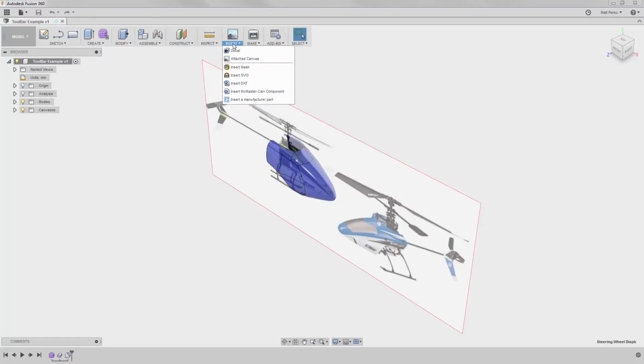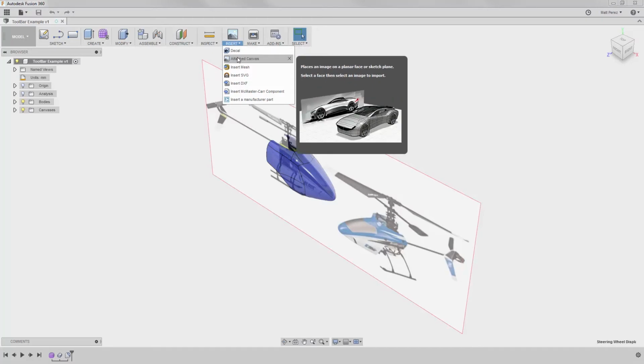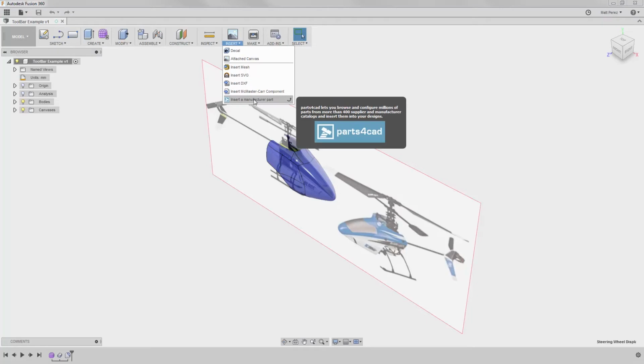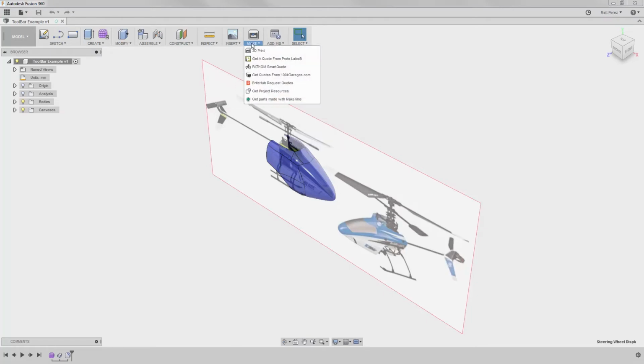Insert allows us to do things like add decals, put an attached canvas, which is what this image is behind us looking at the RC helicopters, and even do things like insert a McMaster car component or insert a manufactured part. The Make dropdown allows us to do things like send to a 3D printer utility or save as an